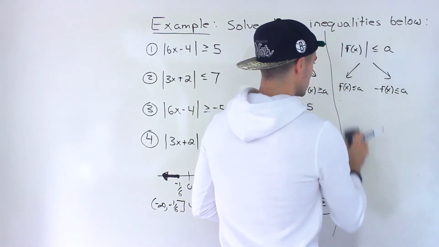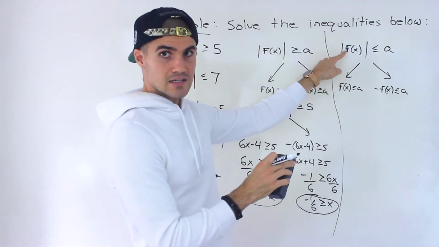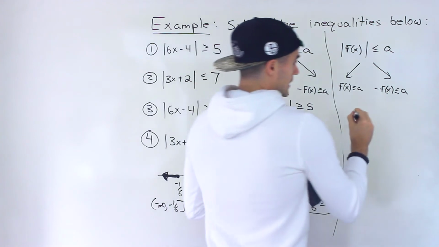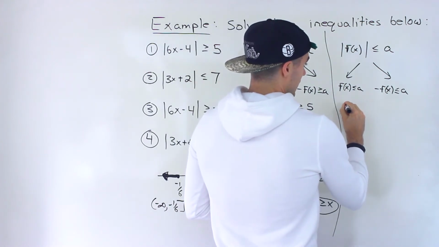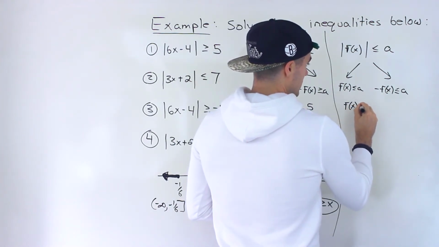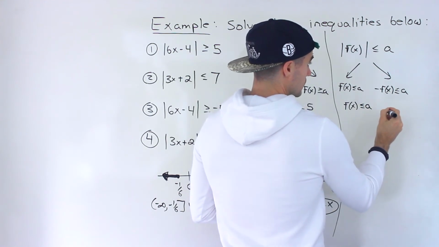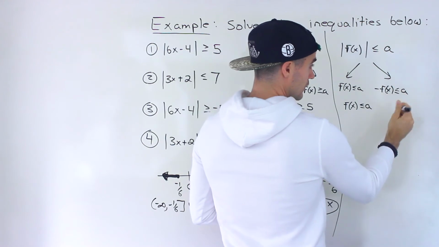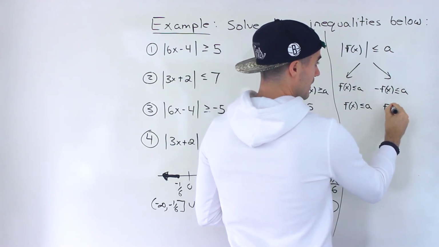Another way you'll see this case sometimes shown in certain textbooks is they'll say f of x is less than or equal to a certain value, and then instead of having the negative here, they'll divide both sides by negative, but then you've got to flip the sign,